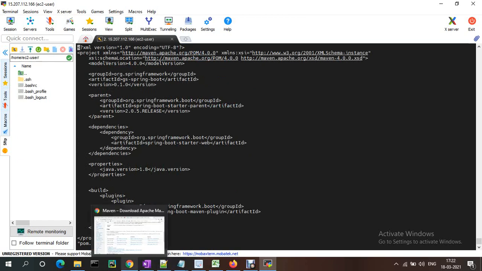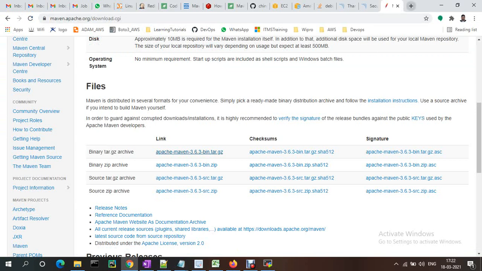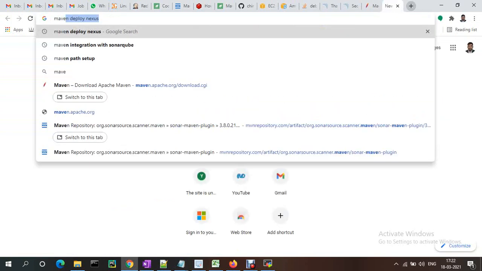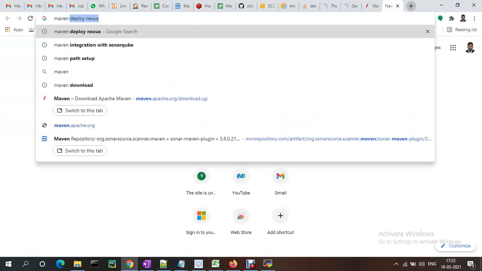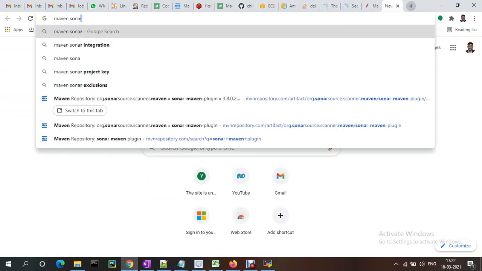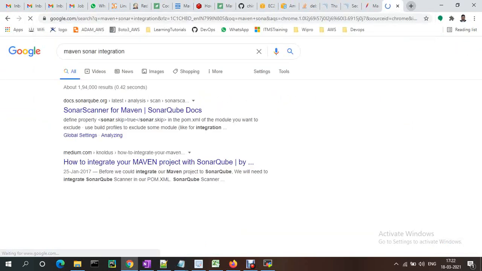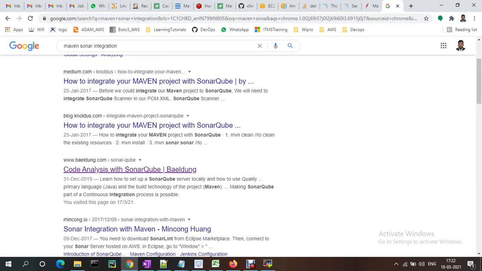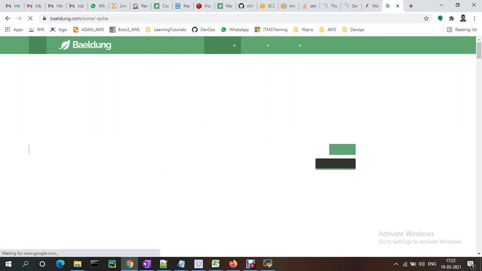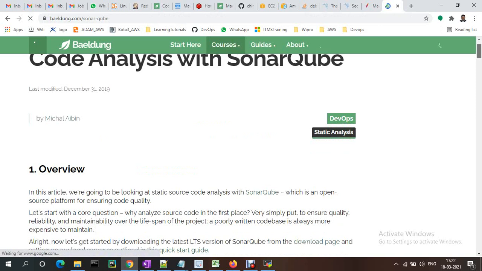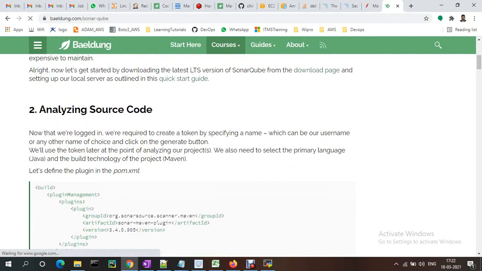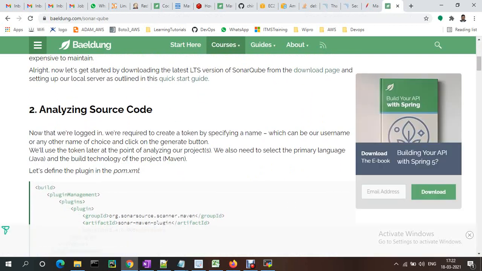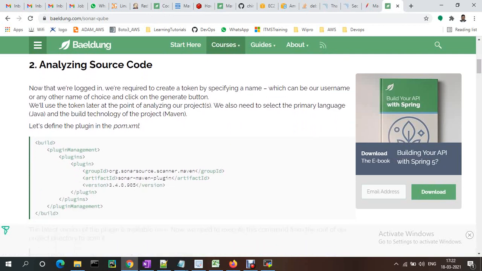Let me add the plugin, the Maven Sonar integration. To analyze your source code, we just need to add this plugin.